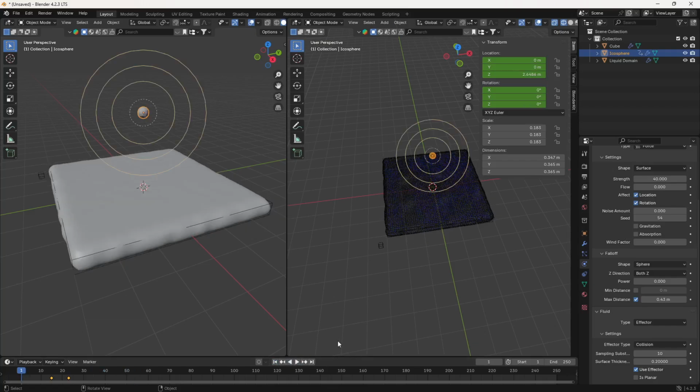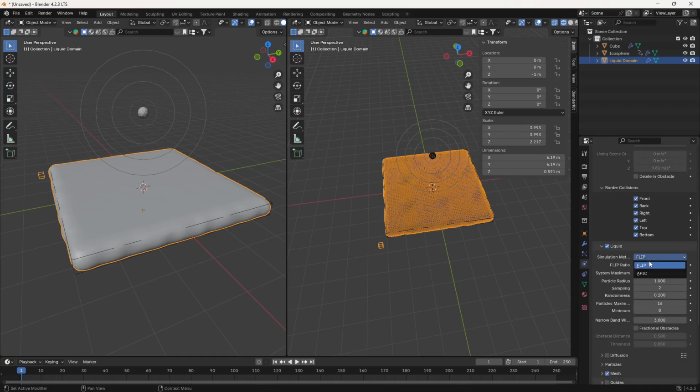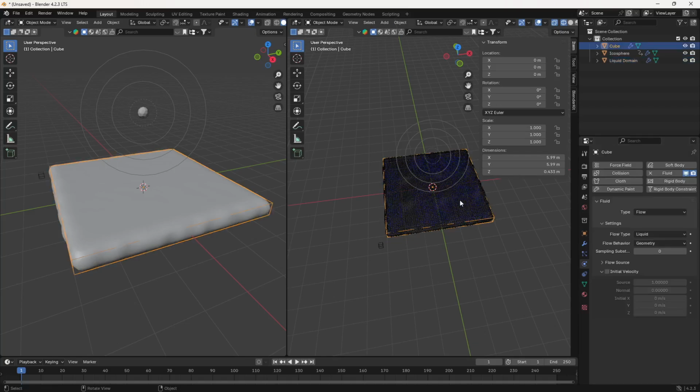Okay, but before increasing the strength, just make sure that you increase your render quality as well. Okay, so we are going to do that. Let's just click on liquid domain and here from FLIP we are going to switch to EPIC, which is a really good stable behavior simulation. Okay, so let's just click on EPIC and now we are going to increase the narrow bandwidth. So let's just go to 10. So now you can see we are having more resolution here, more particles.